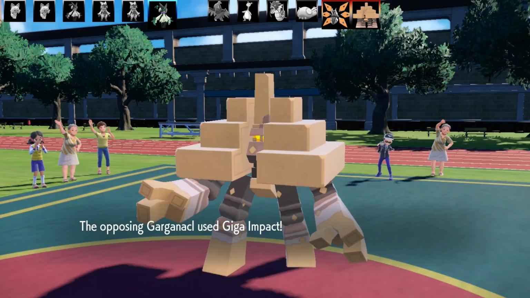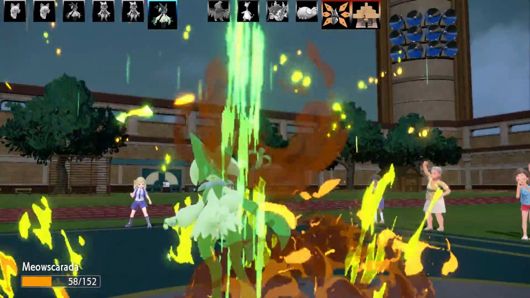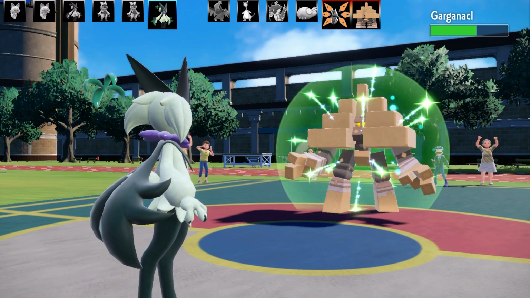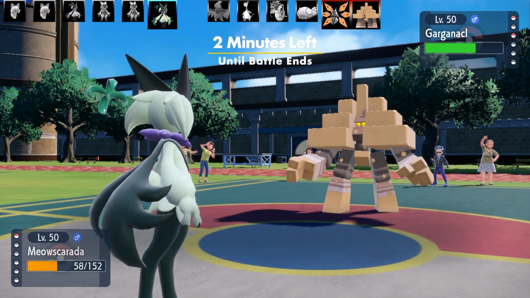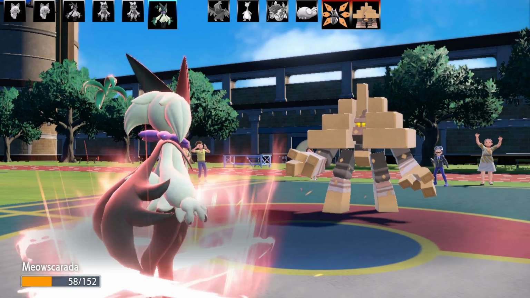Now, instead of using that, it's used Giga Impact. What? Giga Impact, Garganacl doing some thumping damage to Meowscarada. It's a clean 2-hit KO. I need to get rid of this right now because I don't want to lose to a big pile of salt here, people. So we've got 2 minutes left in this battle just due to all the bulky matchups there,